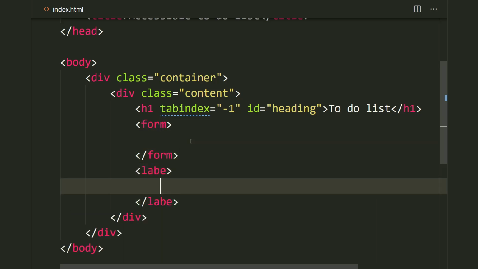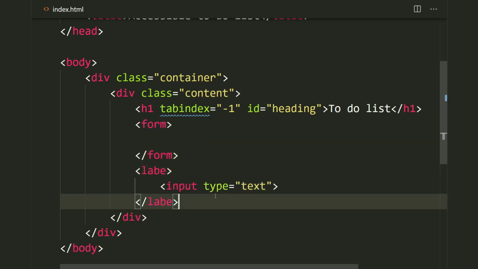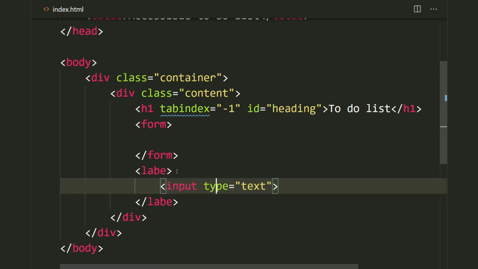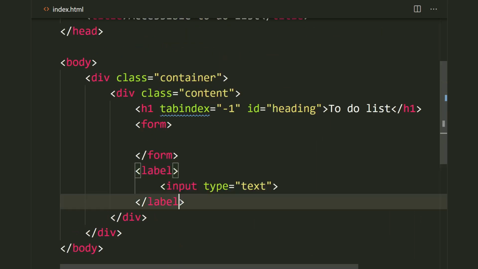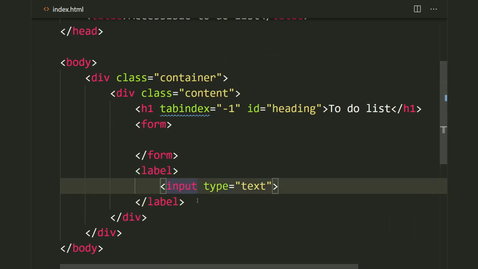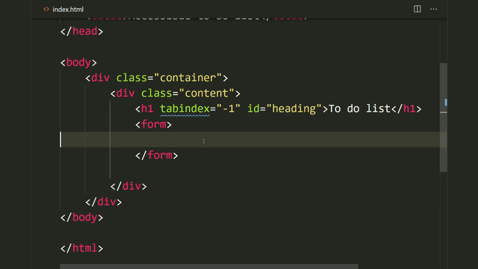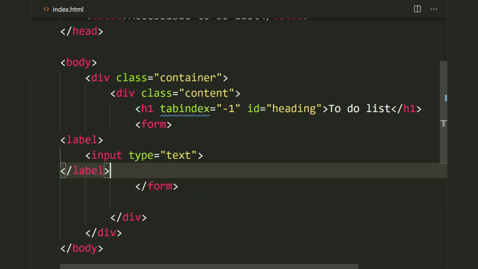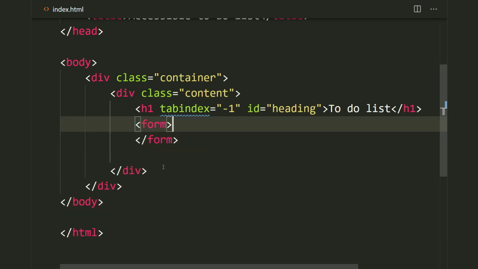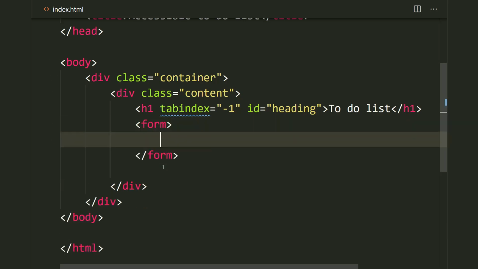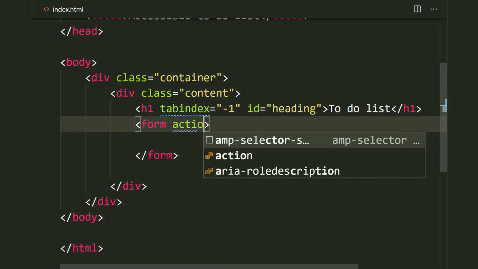For example, if you have a label and an input here, fewer screen readers will be able to recognize that the label is connected to the input. But if you have this code inside a form, more screen readers will announce it and connect it via a relationship, if that makes sense. So that's why we're using a form. And also in a real life app, you probably need to submit the form anyways, be it via fetch or via PHP.